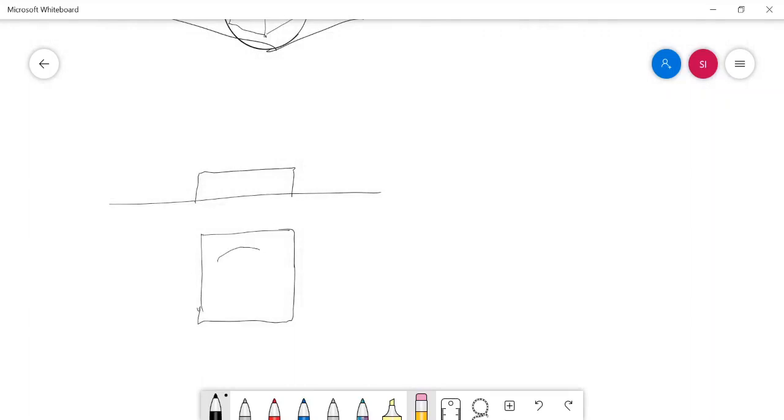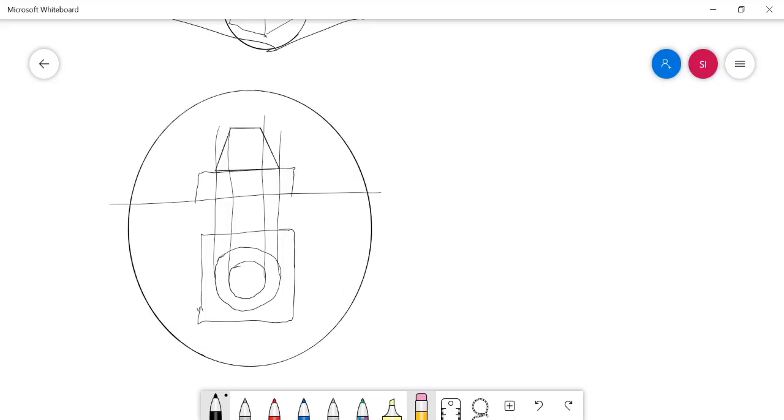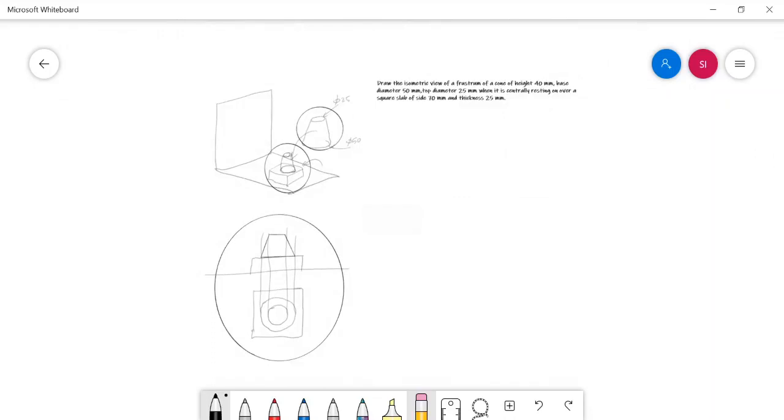After that we need to draw the frustum of the cone's top view as well as front view. Thereafter we can go for drawing the isometric view of the combination. Let's do it one by one.